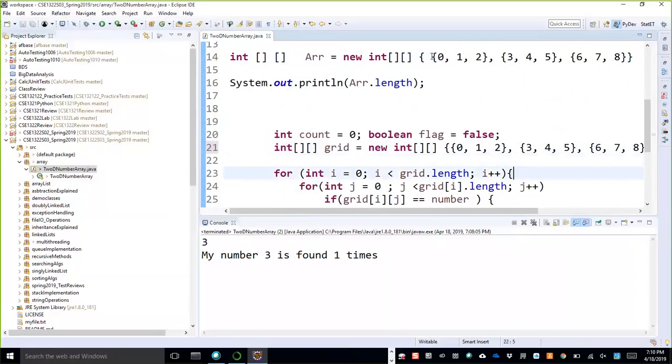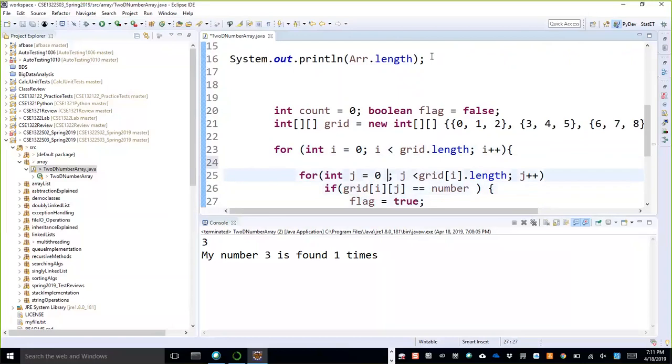Then my first for loop uses the length method, going from 0 while less than 3. That means you will get 0, 1, and 2. Then for each of those, you will loop over each of the individual elements.